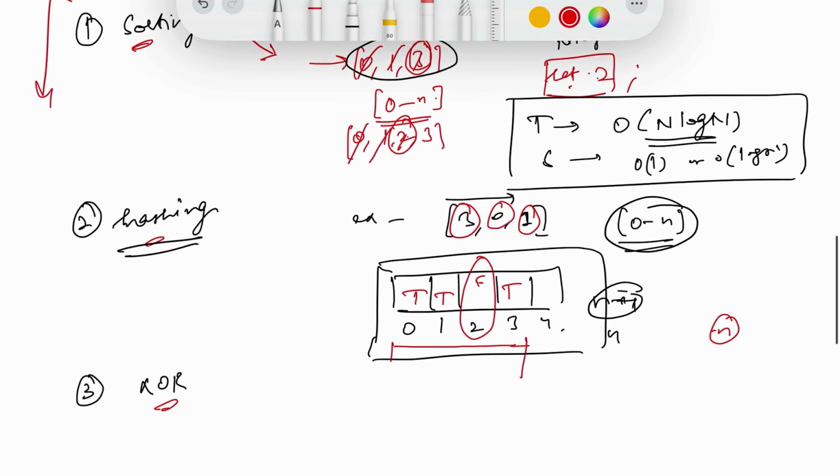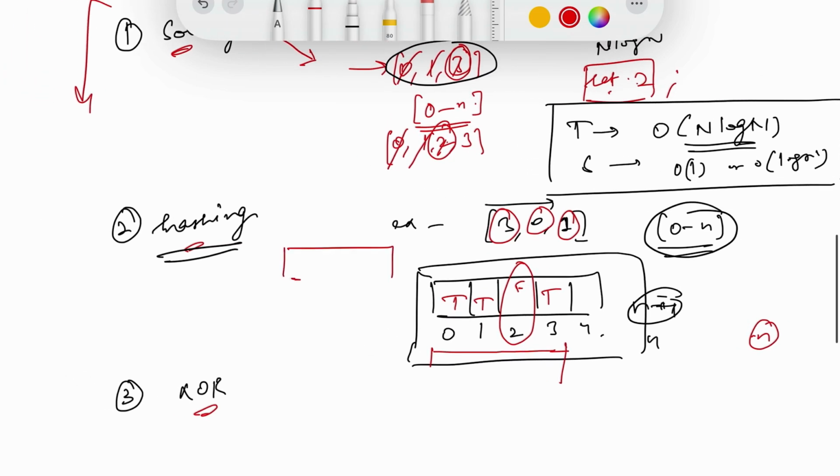So here what I did is hashing. I used a hash array to store the state of each element mapped to the index 0, 1, 2, 3. In this example, the range is going from 0 to n. n is 3, so we will take an array of size 4. And here 0 is present, 1 is present, 3 is present, 2 is not present, so 2 will remain false and we can directly return